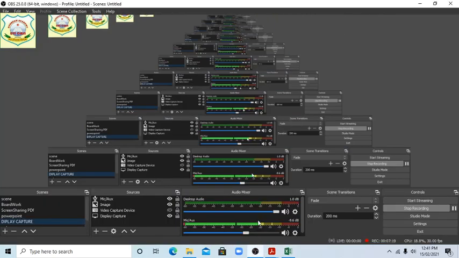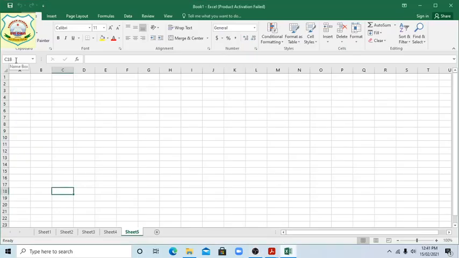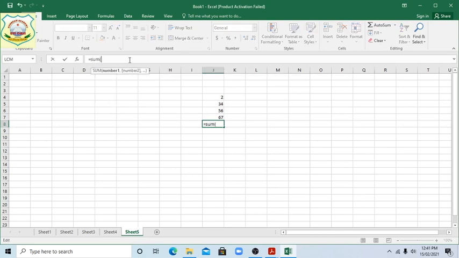See students, each and everything one by one. This is the name box, and this is the formula bar. In the formula bar we can write the formula, and in the name box we can see the cell name. Suppose this active cell is here, so F8 is showing in the name box. Formula: suppose you want to add 2, 3, 4, 5, 6, 7 here. We will just write equal sum, then bracket, from where we have started, then colon and the last one, and close the bracket.